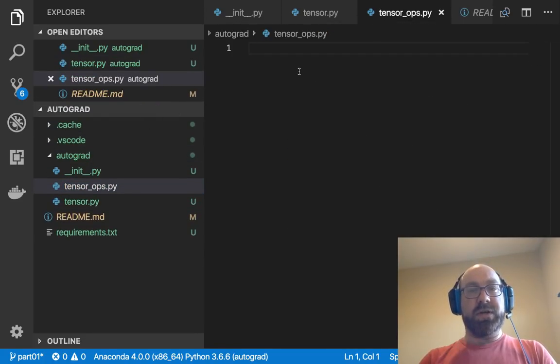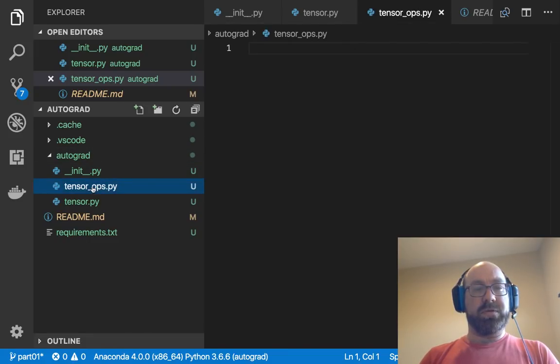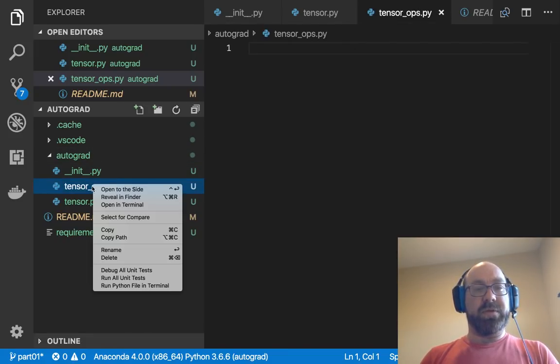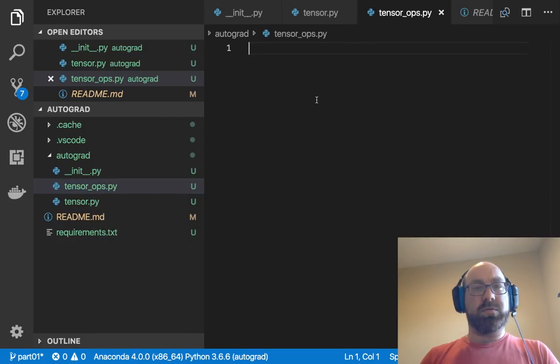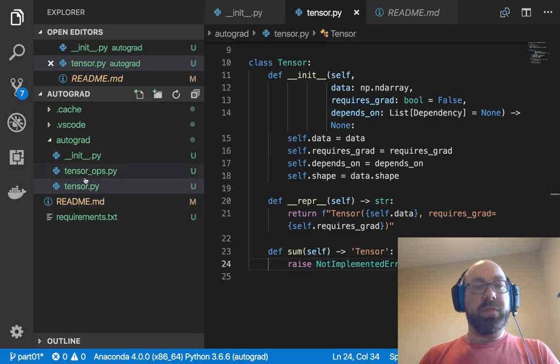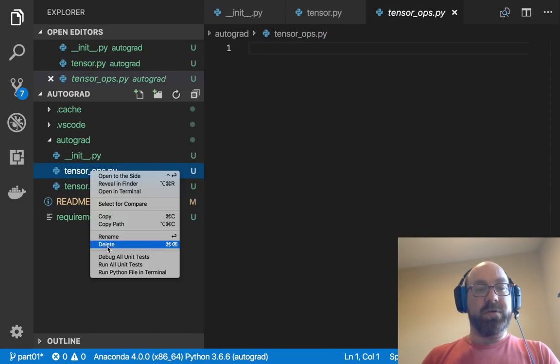And so this is tensor_ops, and actually maybe I don't want to do this because this is going to make my life really difficult with circular references. So I'm going to hold off on that for now,